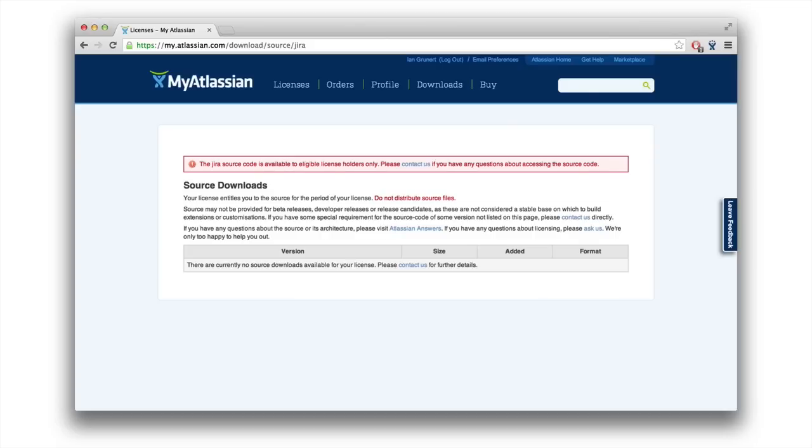And then finally, there's the source download option. So once 7.0 is released, you'll be able to download the source for that product off my.atlassian.com, just like any other product. So this gives you the option to deep dive into the code when things start to not behave the way you expect, and we're not answering on answers.atlassian.com as quickly as you would like. A great tool for debugging if you can link this into your IDE.